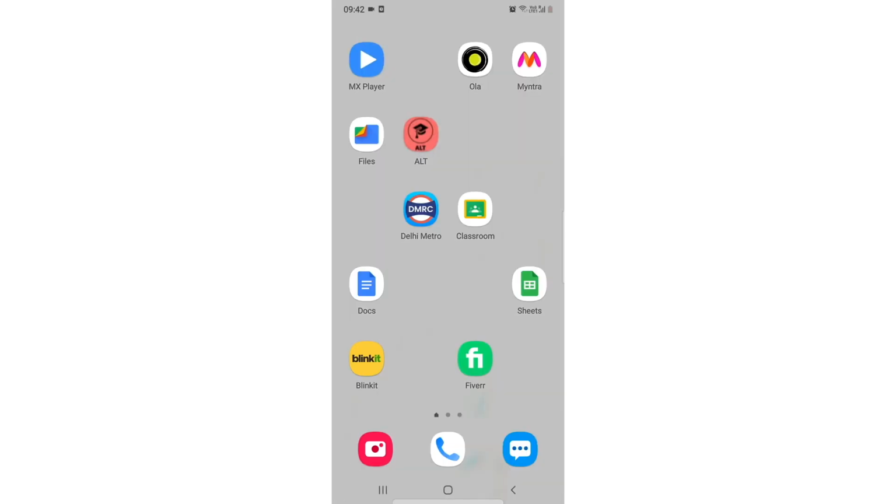So this is how you can optimize your Samsung device, and this is the easiest method that I